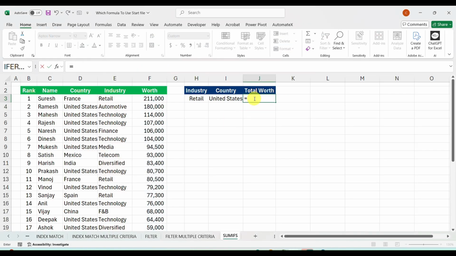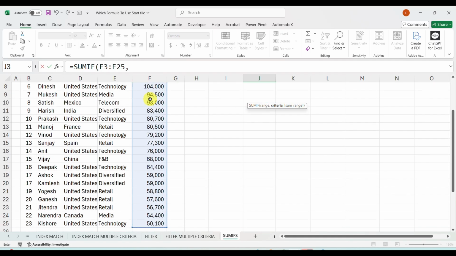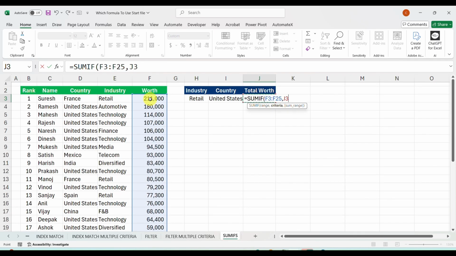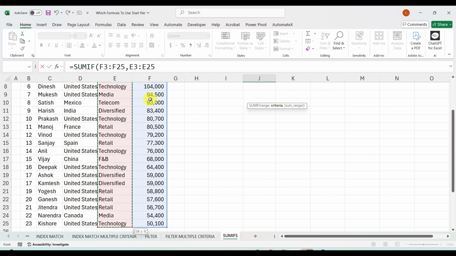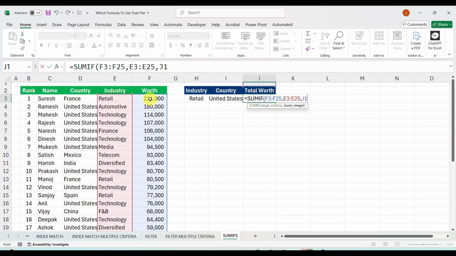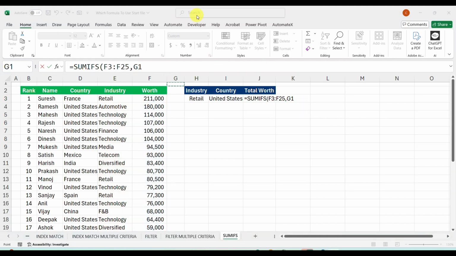I'm gonna show you SUMIFS. Open bracket, it is asking for the range. We need total worth, so we'll have to select this. In previous case we have selected something else. Now the criteria is this industry. We need it for industry, comma, retail. Getting my point?